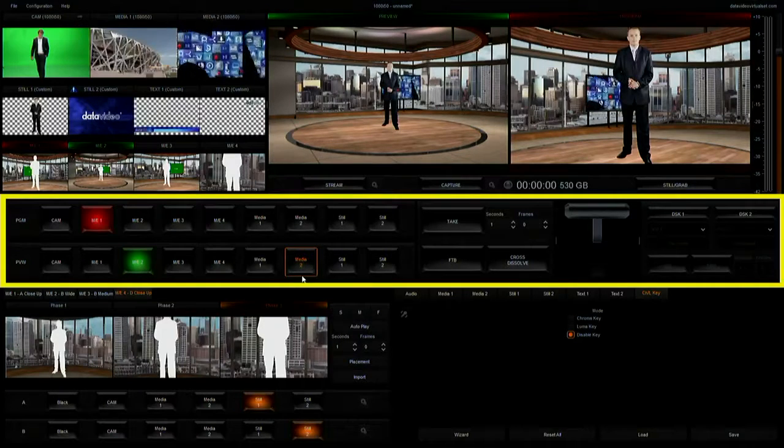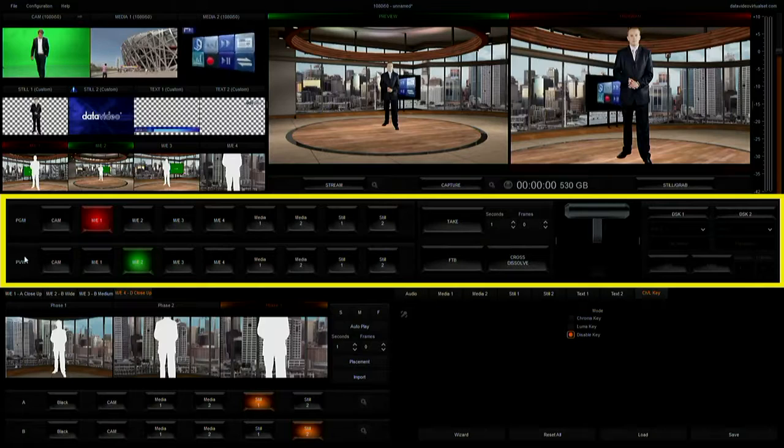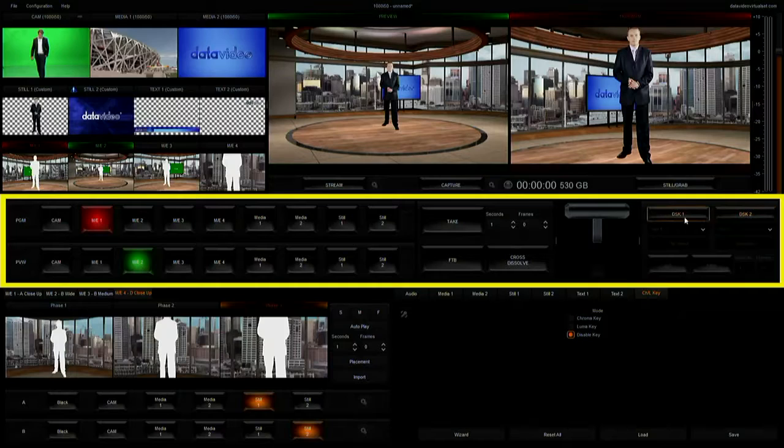Just like any general switcher, there are 2 rows for switching control: Preview and Program Out. On the right of the virtual switcher, there are DSK keys for the user to define their own downstream key or overlay. DSK sources can be camera,